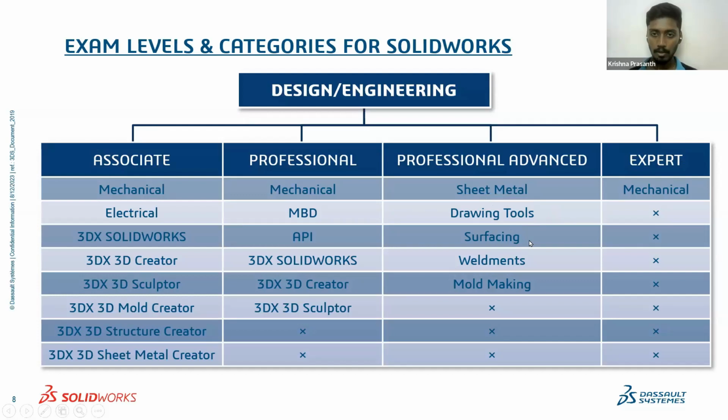It will be difficult for you to do the exam, but it is the right tool to understand how proficient you are with the software. Then the weldments tool, where you will be working with weldment structures, and finally mold making. This is also one of the difficult exams, where we will be creating the mold for a design and updating it. This is one of the basic ways in which you can attain the expert level. And then in the associate level, we will have electrical. The electrical part has only one associate level.